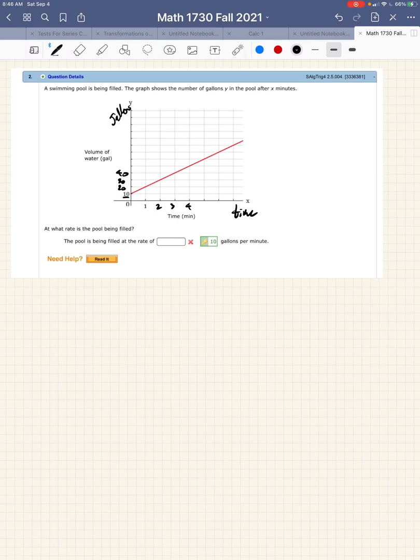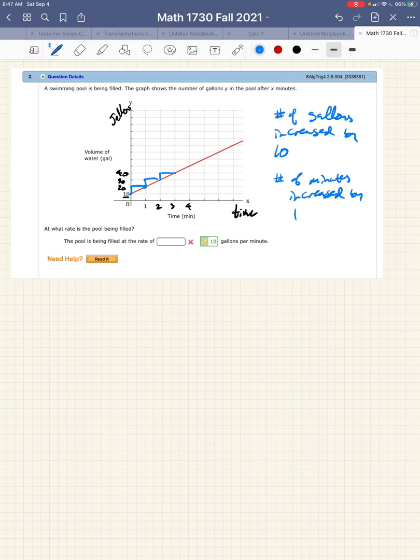Now, if I were to go up and to the right from this point until I meet the graph again, what will have happened is the number of gallons increased by 10, and the number of minutes increased by 1. So in other words, every time I go up and to the right and hit back on the graph,